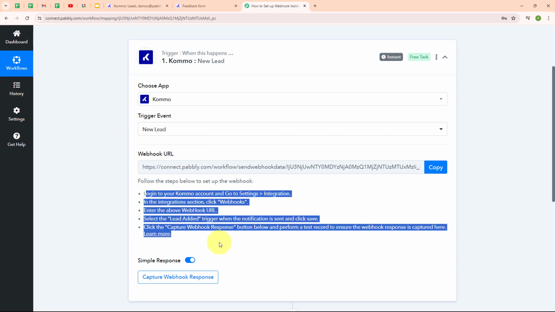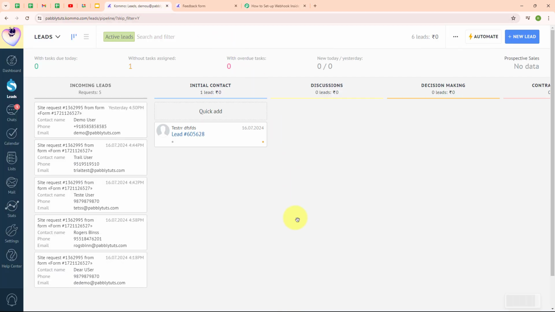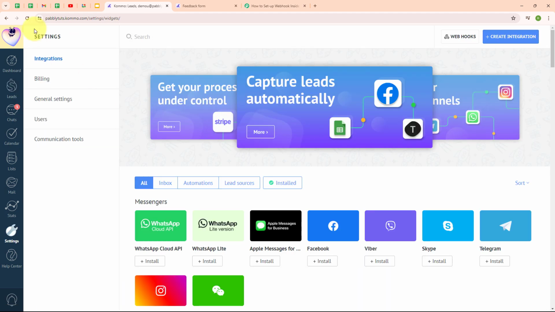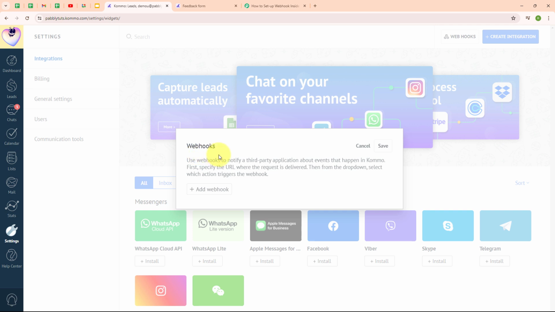So here, following the instructions given below, I've already logged in to my Como account, and from here I'm going to click on the settings given on the left side corner. And now under settings, you can see we have the option for integrations, and under integrations, we have the option for webhooks on our top right corner. So here I'm going to click on this, and now under webhooks, we are going to click on